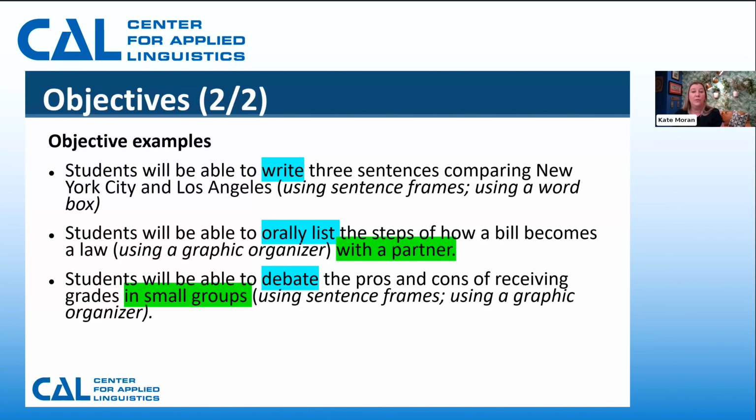It's a great idea to refer to the modality that you'll be using in an activity. So if it's primarily a speaking or a writing activity, if students are going to be discussing with a partner, refer to those modalities within your objectives. You'll see in green that we've highlighted how the students will work. So it could be with a partner or in small groups. And in parentheses, you'll find some examples of supports you might include for your students, such as using sentence frames or a graphic organizer. These are in parentheses because they're going to change depending on your students and their needs. But you can incorporate those supports right into your objectives.